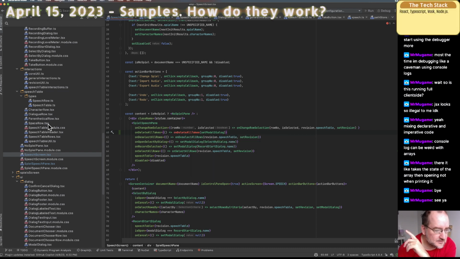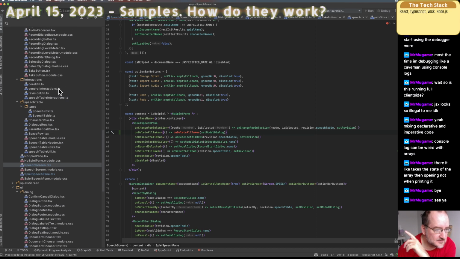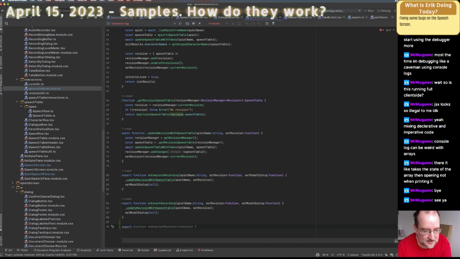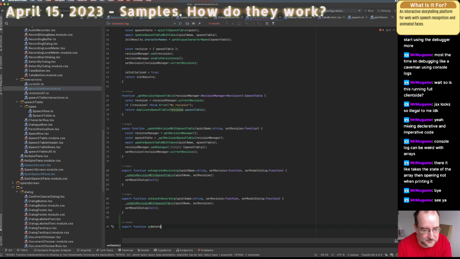Delete all takes, interactions, general, do revision speech. General interactions is kind of my kitchen sink, so until I've got a concept to refactor functions out to, I just put it there for the moment and delete all takes, and we're going to pass set modal dialog